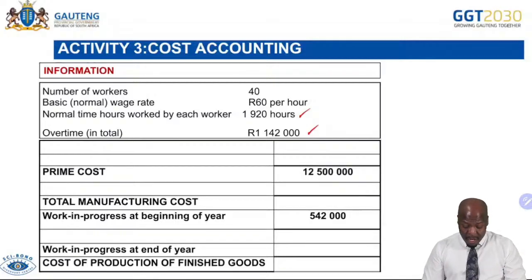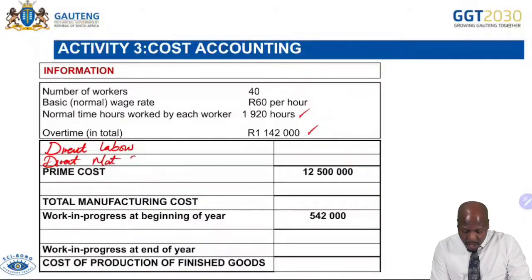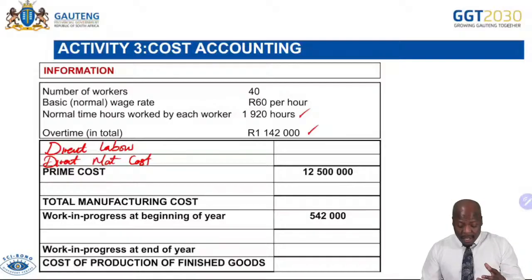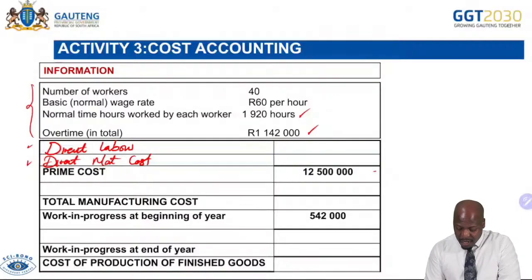Okay. So what we are doing here, remember, we are preparing the production cost statement. In the production cost statement, the first two direct costs are your direct labor and your direct material cost. I have seen that the examiner can test you to calculate either the direct labor or the direct material or both. It is very possible. In this question paper, we're asked to calculate the direct labor cost. And then the direct material cost will become the balancing figure, considering that we're given the prime cost over here. So let's come and calculate.